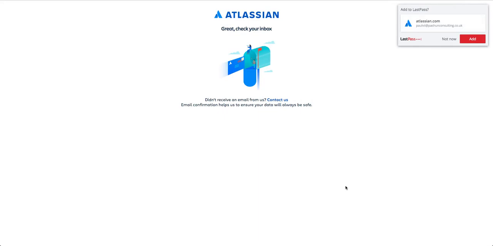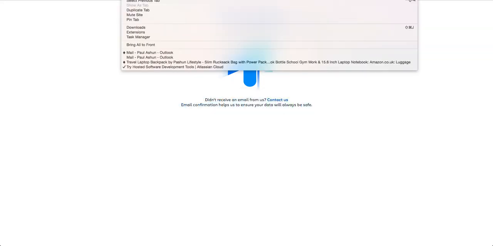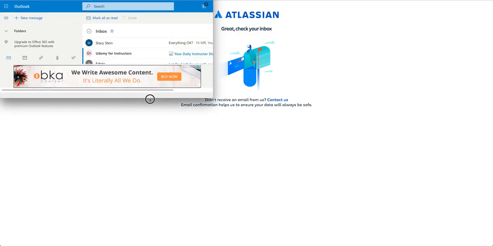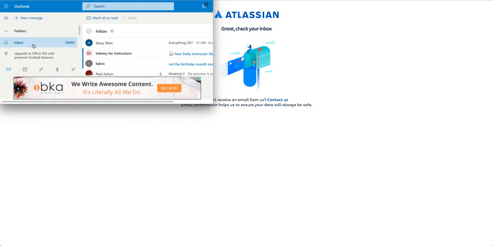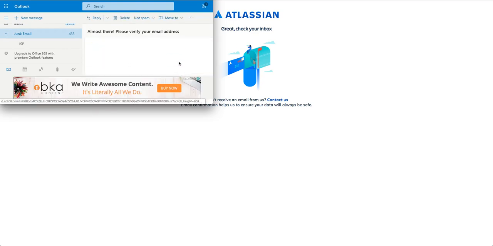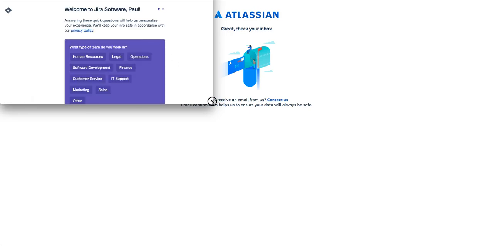And we're through to the next stage. Let's not add it to LastPass. So now we need to check our inbox for the access email. Possibly in the junk mail, and there it is. Verify. Here we are. So if I open that out,